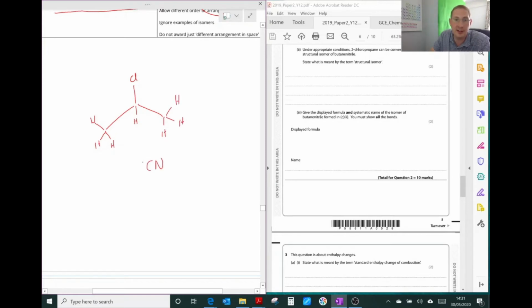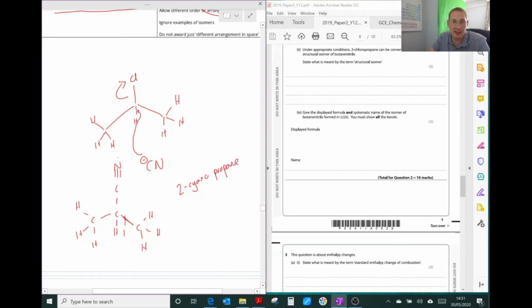Here, the cyanide, cyano group coming in and kicking out the chlorine. So you are going to have carbon C123N, hydrogen down there, CH. Okay, so you might be tempted to call this something like 2-cyanopropane,